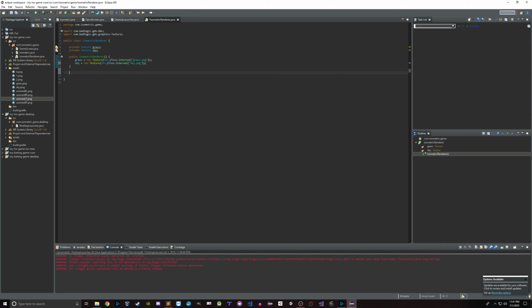Cool. We are going to make a public void. Let's just make a draw ground. Let's just draw the ground today. Let's see if we can get some isometric stuff going. And how are we going to do that? Well, we're going to have like a